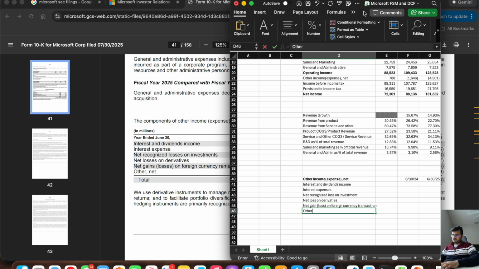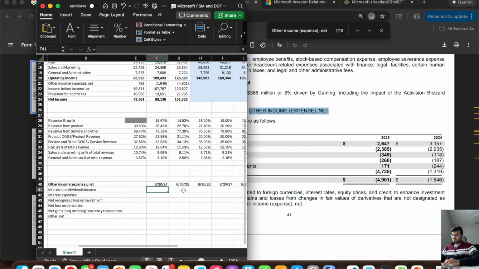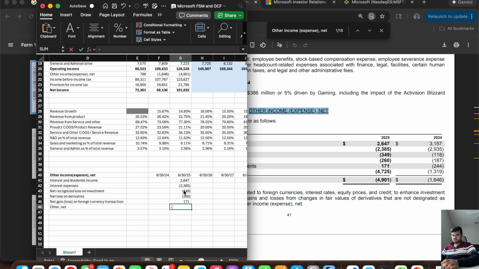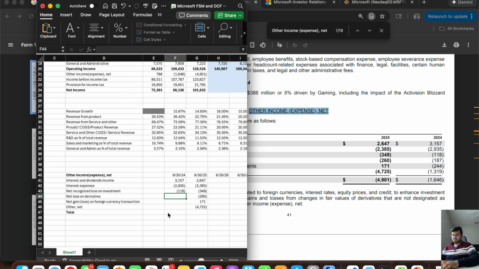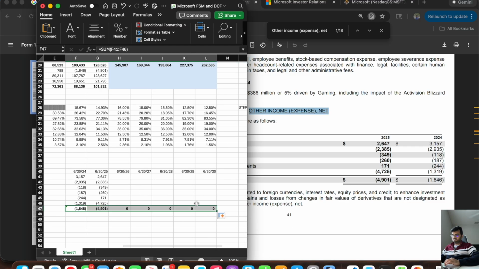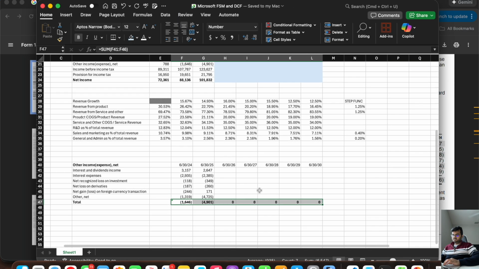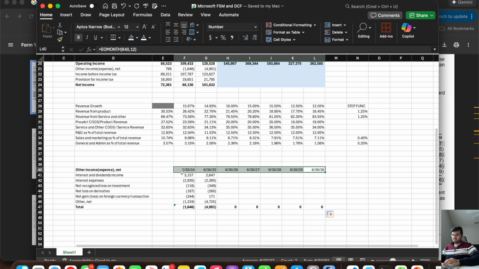Then finally other. So these are the 6 line items. Let's fill in the numbers as well here. So now let's calculate the sum of all these items first. 1646 and then, perfect. So now what I do is,